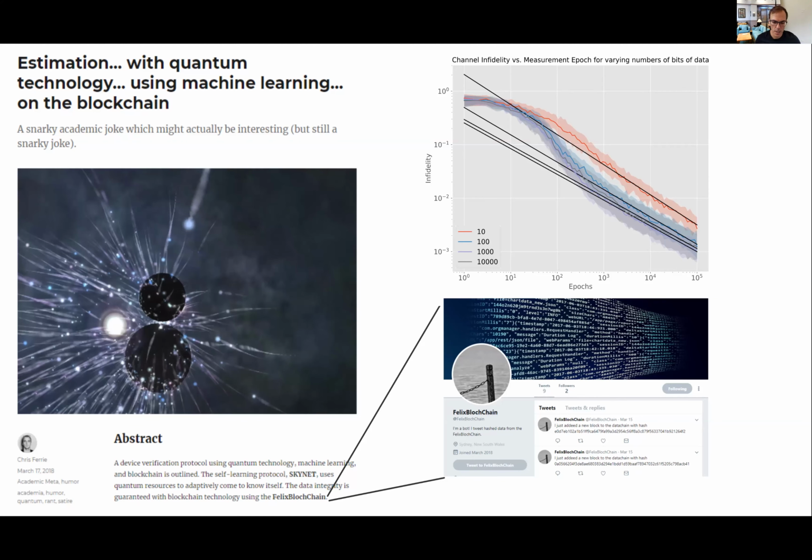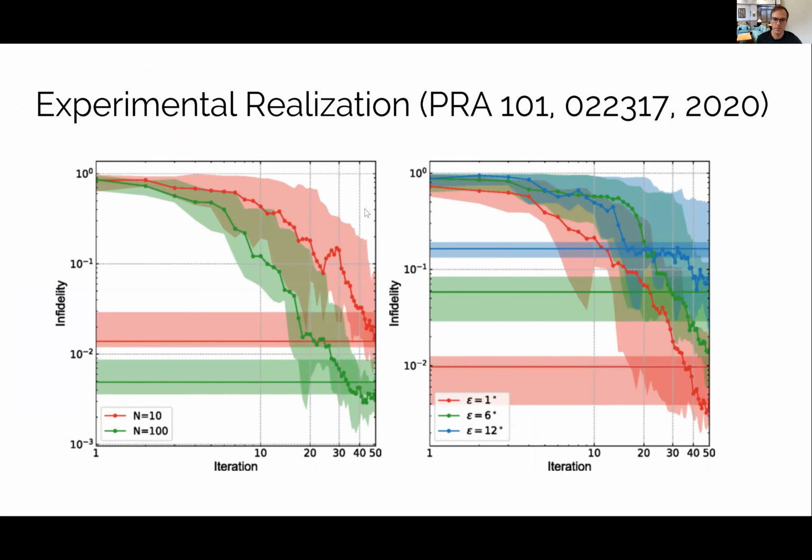And so I did the simulations, and then there was a Twitter bot that sent out hashes called the Felix blockchain, and added to the data chain. And somebody said to me, well, that's actually a non-trivial experiment to perform. Let's actually do it. And so we did it, and this was published. Sorry, I don't have the nice screenshot like in the other ones. This was an experiment performed at the University of Science and Technology of China,